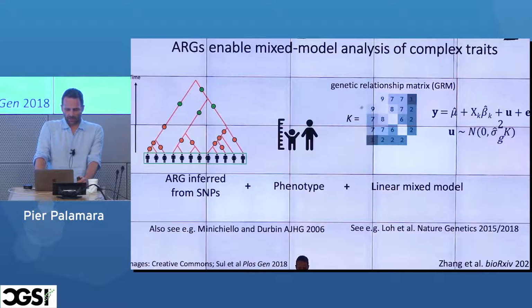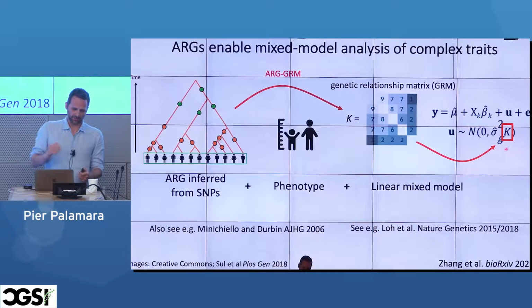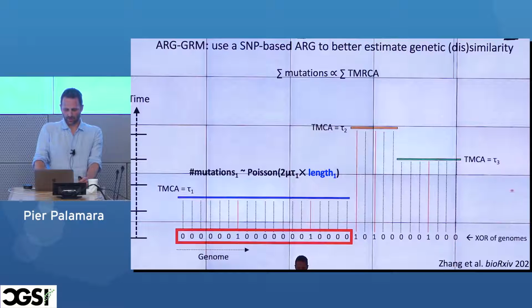And it relies on this kinship or GRM matrix, which at position i, j stores some kind of measure of genetic similarity of your samples, which lands here in this term. You can imagine, we have seen something similar before. If you have an ARG, you can get a good estimate of these entries, which is possibly a better estimate than the one you would get with SNPs alone. And this is actually something that we have played around with.